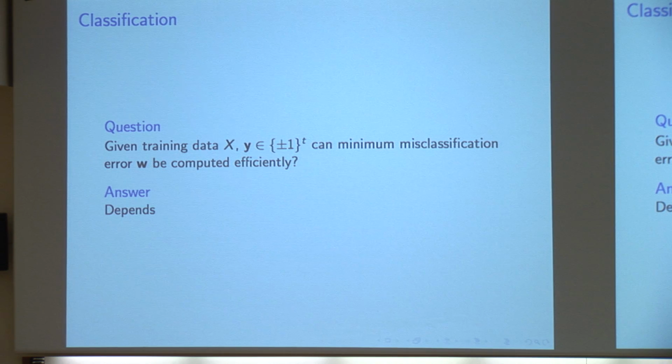The answer is it depends, right? Sometimes this is a tractable problem. You can actually solve this problem efficiently. So forget about matching loss. If you really want misclassification, you can train tractably to get an optimal linear classifier to separate the data, okay? Sometimes it's really happy news. Sometimes, unfortunately, it's really bad news.